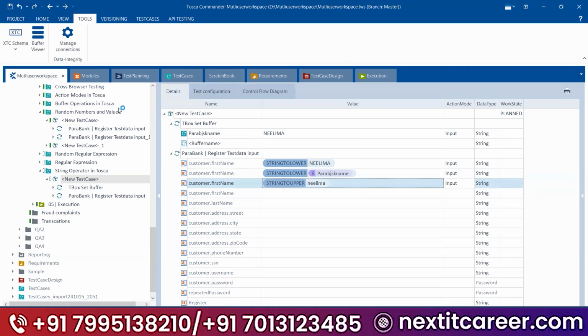Means in the application, you have used dynamic buffers. If you want to gather the value and manipulate it, then you will go for the string operators in Tosca. Guys, 1 minute.